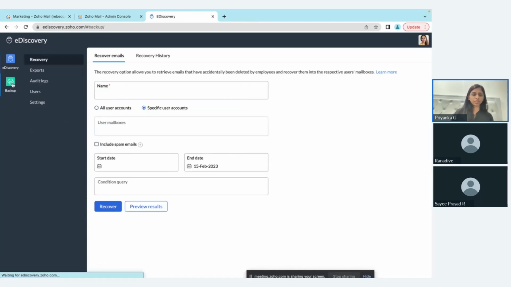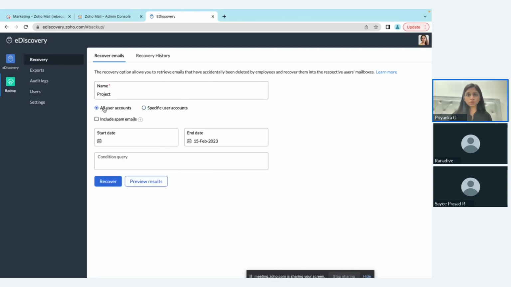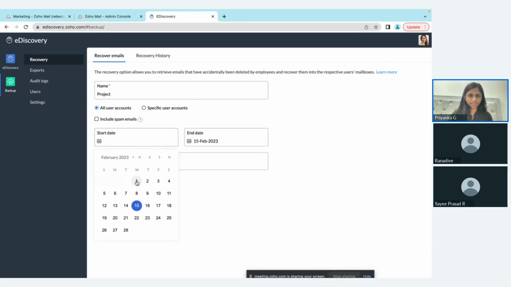But if you're going to make use of the backup, it works the same way, but you will not have options to click if you want to include the deleted mails, because only deleted mails will be recovered here. Okay, let's say one of my users deleted some of the mails that were very relevant for this project, and I'm going to bring them back. So all of my users, making use of this, and then I'm going to give it a start and a stop date,